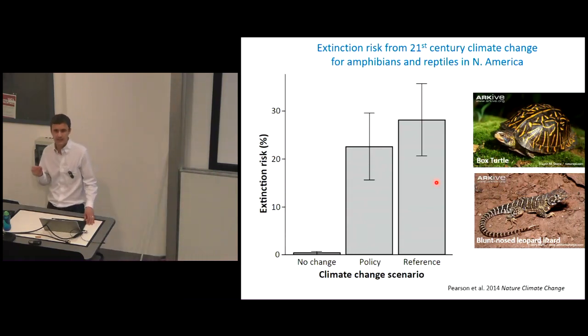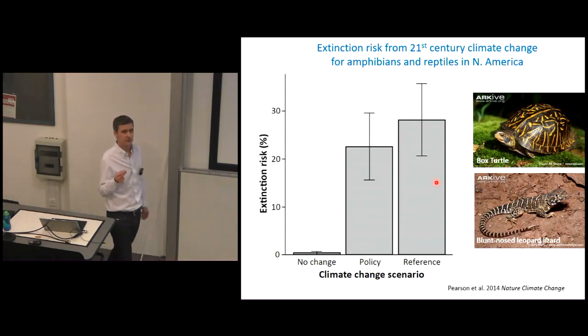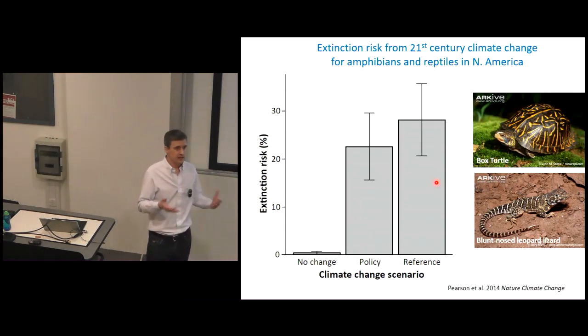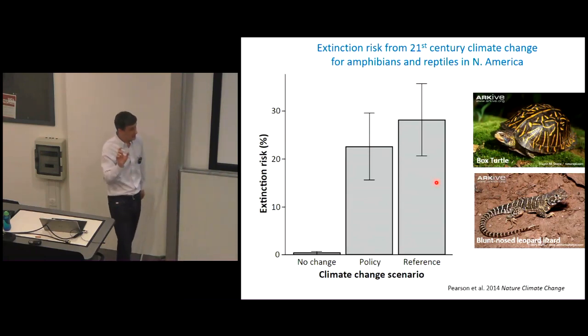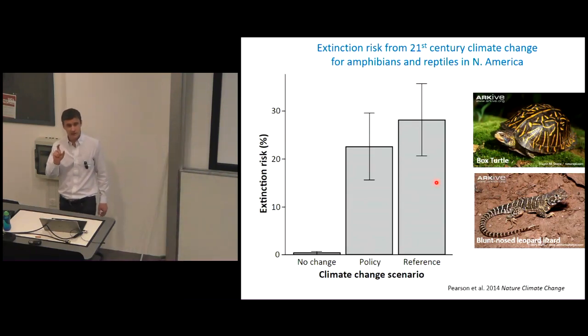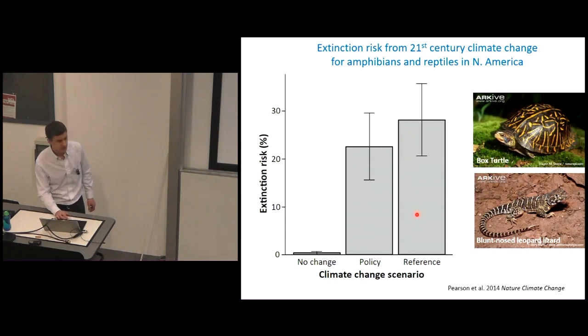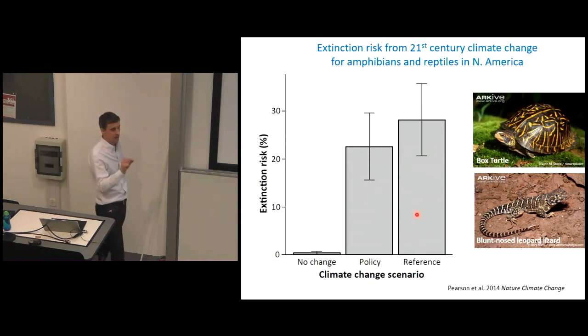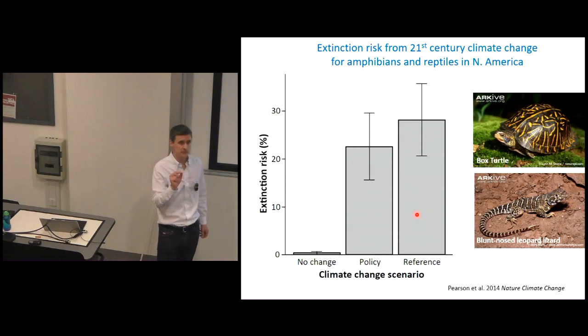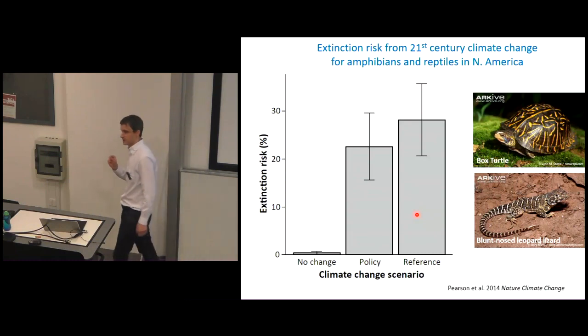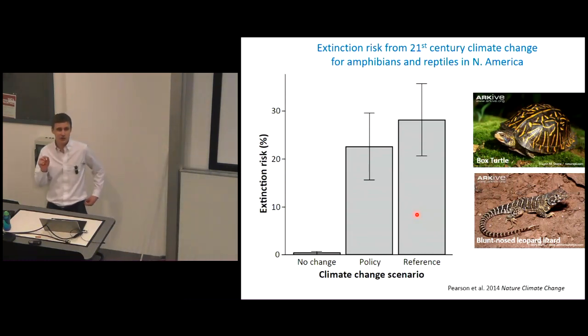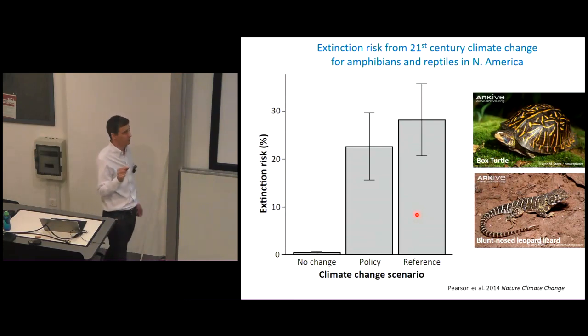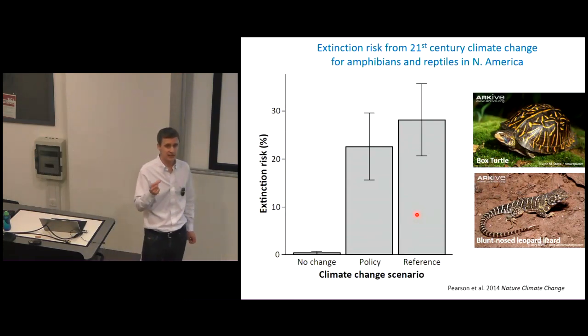which is broadly consistent with a whole bunch of other studies that have been done using somewhat similar techniques, but different organisms in different parts of the world. So this is the kind of fraction extinction risk that is quite widely coming out of lots of different approaches. Quite interesting to note, not a huge difference between the policy and reference scenario, which can be taken to say, well, the degree of mitigation that we do is relatively unimportant because we're still faced with a large extinction risk,